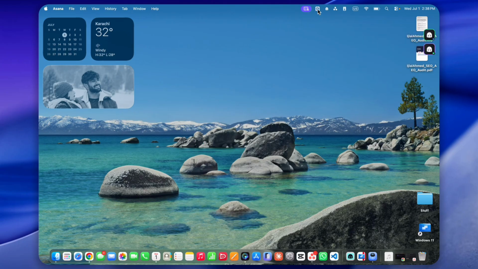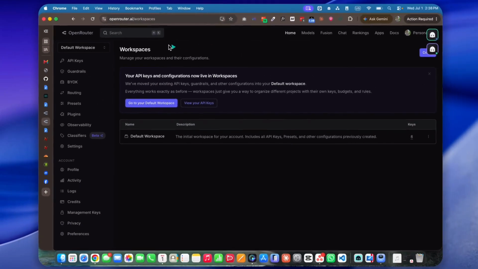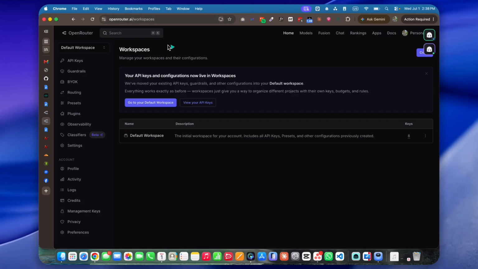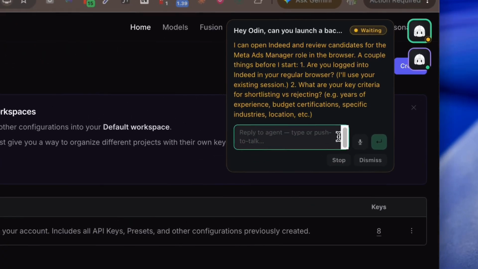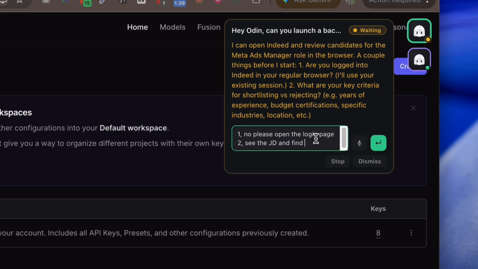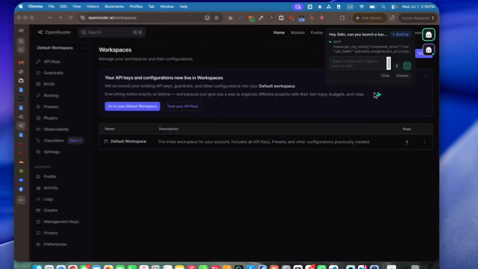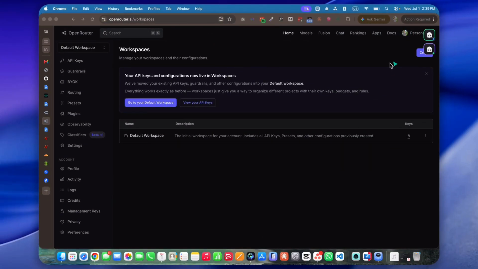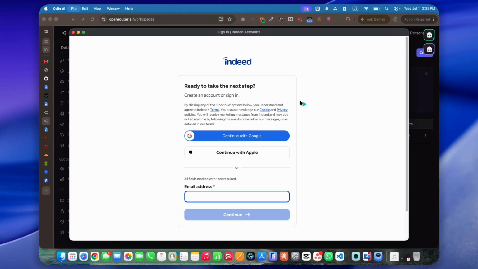Besides that, we also have two other very cool features that I would like to show you. One of them is the fact that Odin can teach you things. Let me just quickly reply to Odin. So essentially, Odin was asking if I'm logged in or not, and I'm honestly not sure. So I just told Odin that I'll log in, and as you see now, Odin has pulled up the login